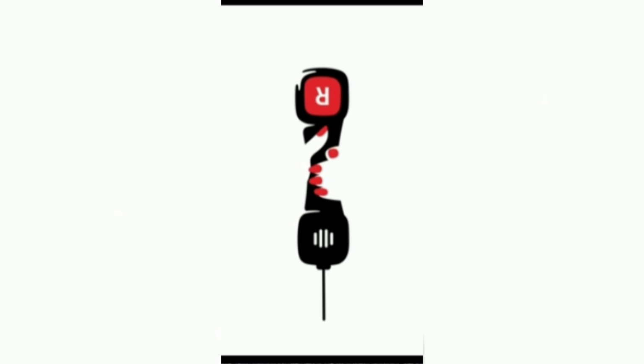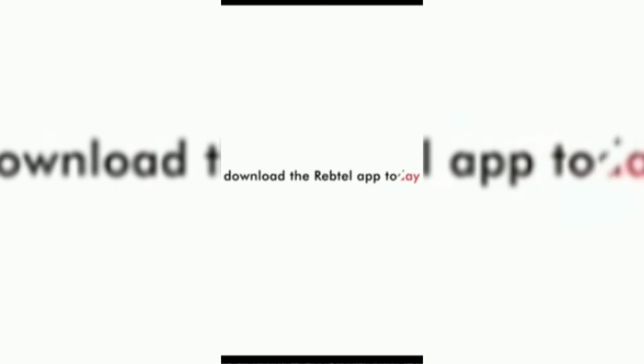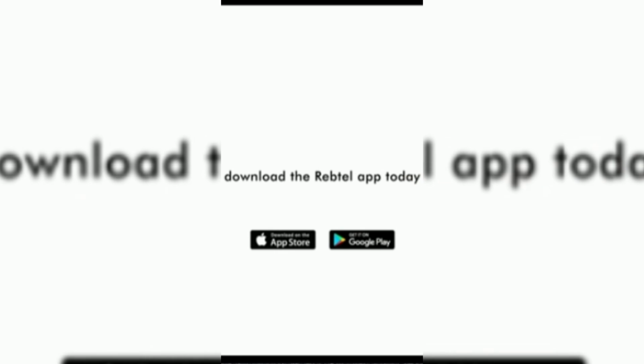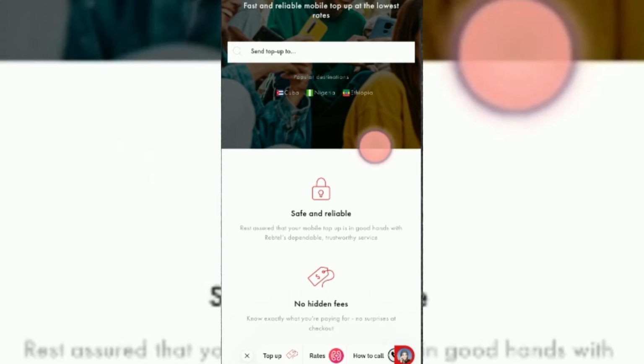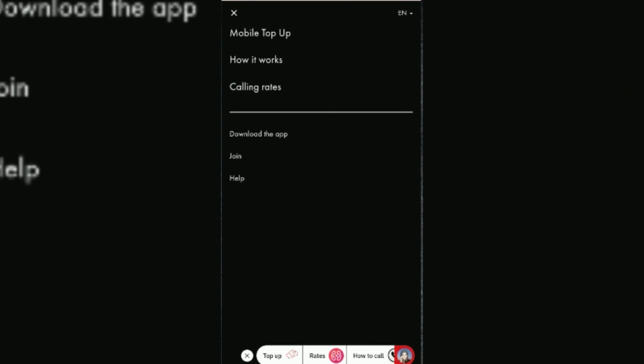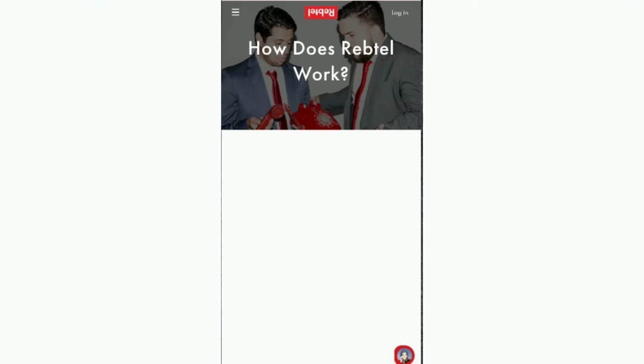Lastly, you have to update the Rebtel app. Go to your device's app store, Google Play Store or Apple App Store, depending on the device you're using, and search for Rebtel and see if an update is available. Because an outdated app can have permanent bugs, can have payment bugs. So this should fix it, and if it doesn't, check out our next video on how